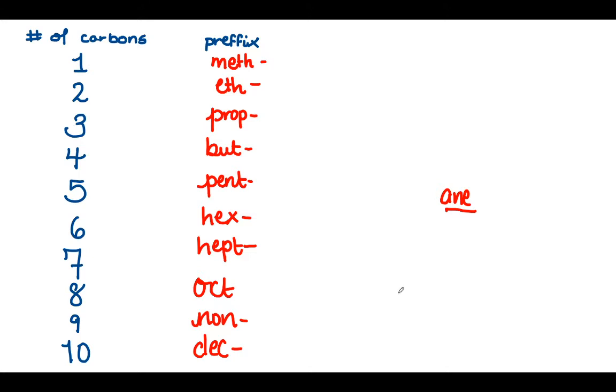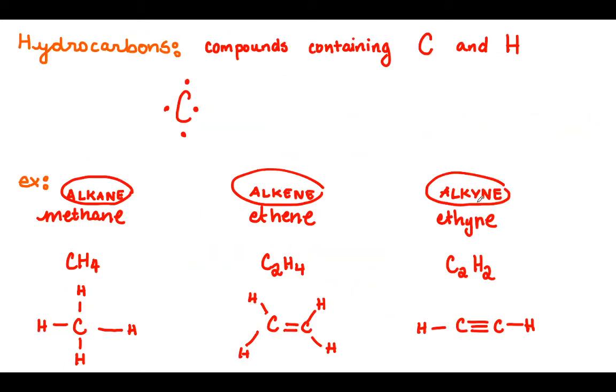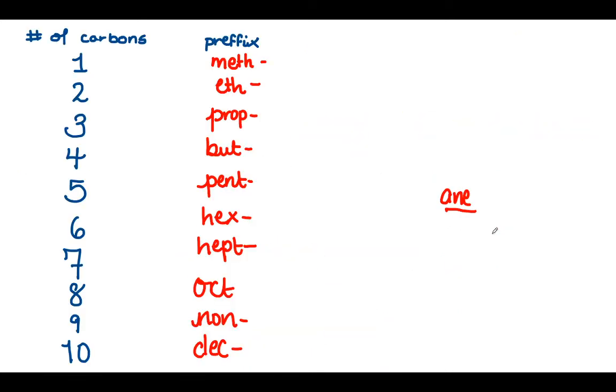So if you're looking at an alkane, the ending is always ane. So if you see the ending ane, you know you're looking at an alkane. So let's just go back to that first slide so that you can see here. So methane is what told me that that was an alkane. And if you look ahead at the alkenes and alkynes, you might be able to understand what those endings might be. But again, when we look at those lessons, we'll understand those a bit better.